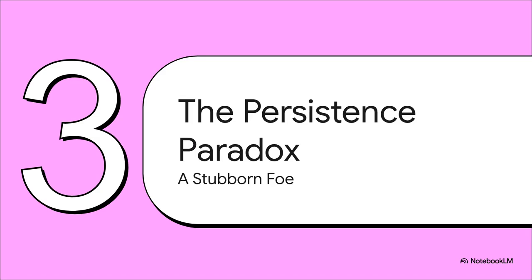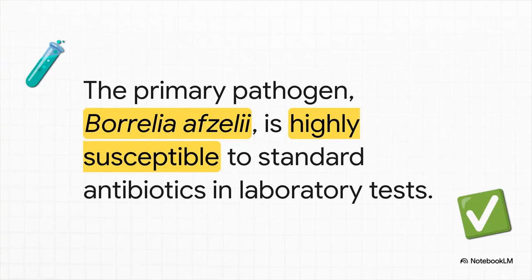If the body is launching this massive immune response, and we have antibiotics that work, why on earth does this infection stick around for so long? I mean, here's the thing. In a lab, in a petri dish, the bacteria that cause ACA are pushovers. You hit them with standard antibiotics like doxycycline and they die. Easily. So this isn't a case of classic genetic antibiotic resistance, the kind of thing we worry about with superbugs